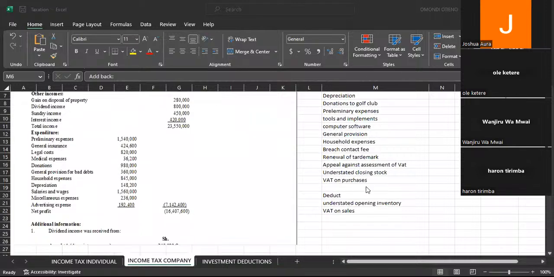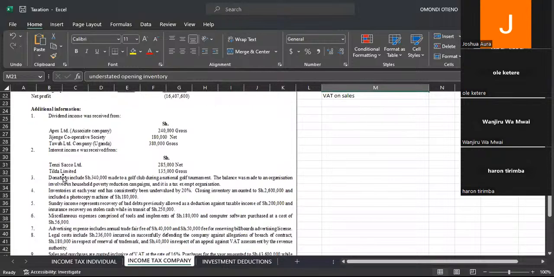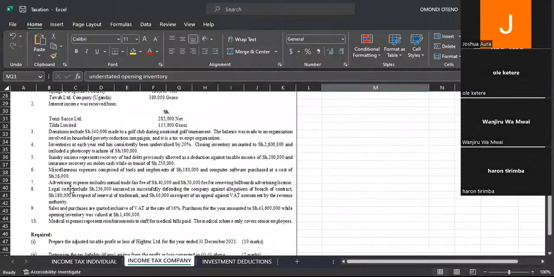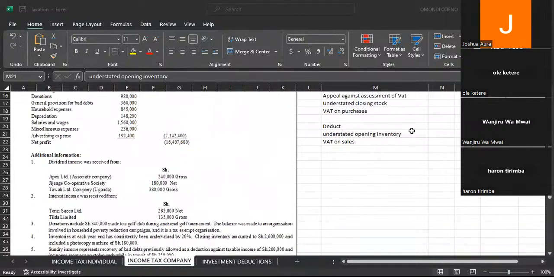So let's look at what we have here. Under understating of opening stock, do we have anything about opening stock? You're being told that opening stock is 1,400,000, and whatever is given there is understated by 20%, which means the value presented to us